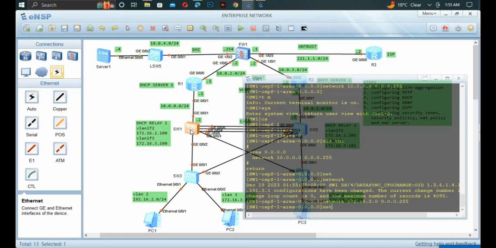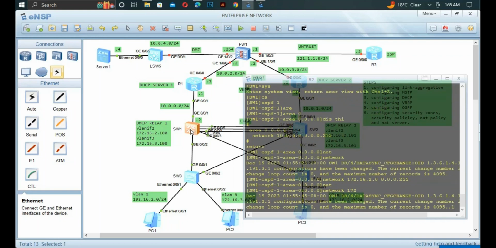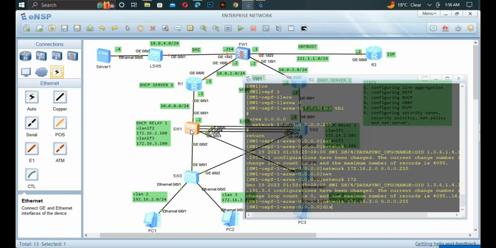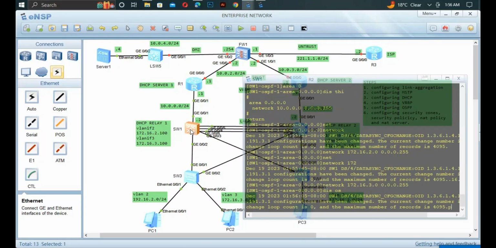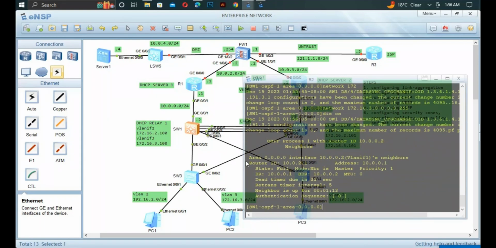Enter for the network of 172.16.3.0, mask of 0.0.0.255. Display OSPF peer. When you display OSPF peer, here you can see the neighbor state is full, and also the neighbor address will be